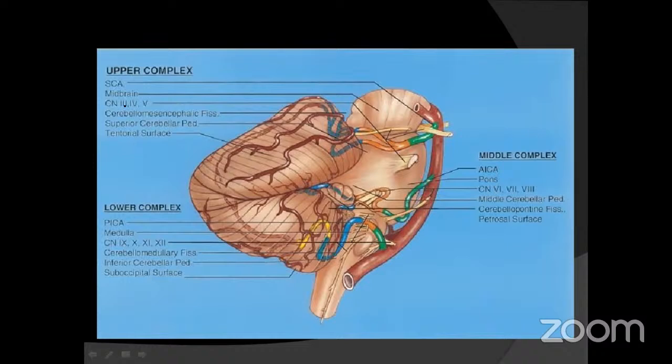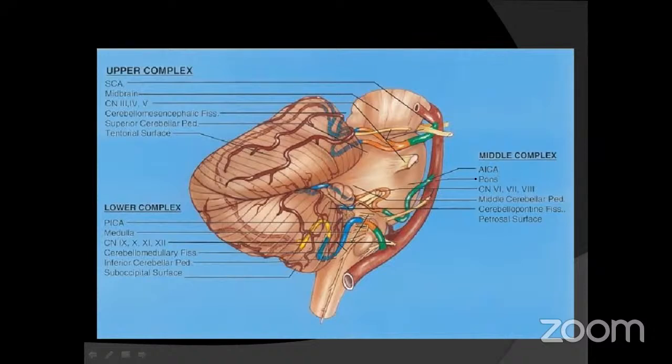The cranial nerves associated with it will be third, fourth, and fifth. The fissure that runs in it is the cerebellomesencephalic fissure, since we are associated with the midbrain here. The peduncle associated with it is the superior cerebellar peduncle, and the surface of the cerebellum it supplies is the tentorial surface. Similarly, the middle complex, which we will discuss in the AICA presentation,